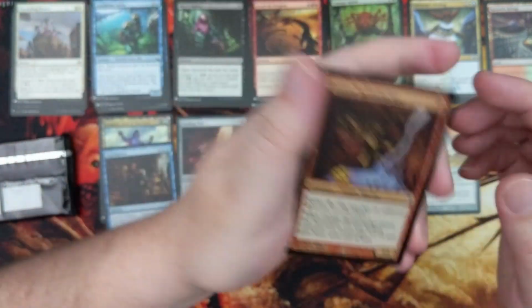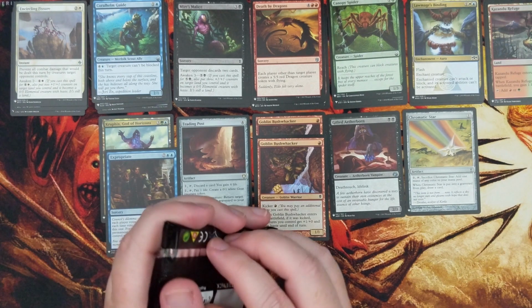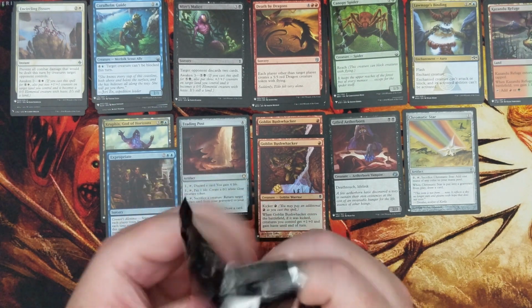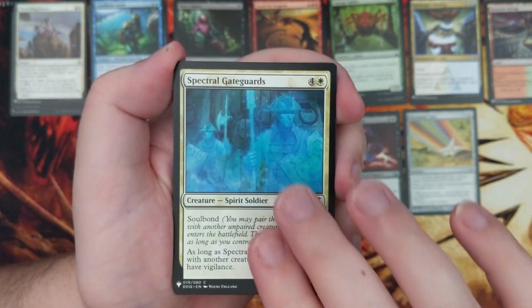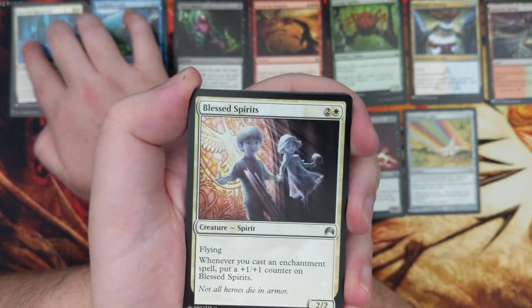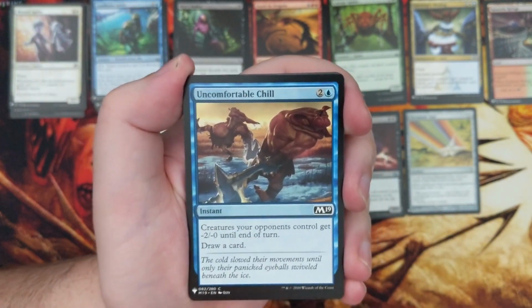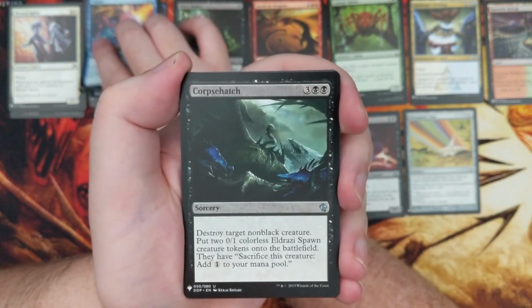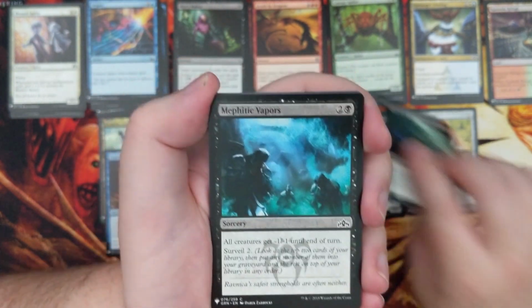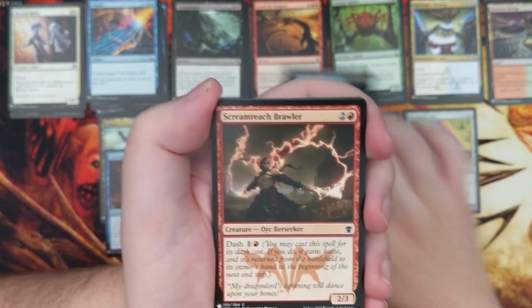And then we ended up with another foil Goblin Bushwhacker, which is kind of weird. It's weird when you get 2 of the same foil, right? Like we did that already out of this box. We got 2 Ravenous Traps in the first 2 packs we opened. So we ended up with Spectral Gate Guards, Blessed Spirits, Uncomfortable Chill, Negate, Corpse Hatch, Mephitic Vapors,